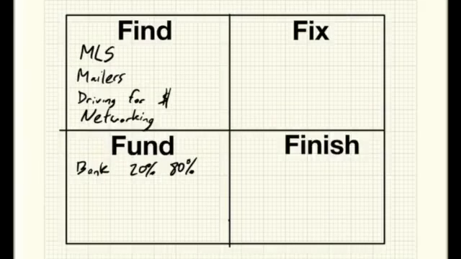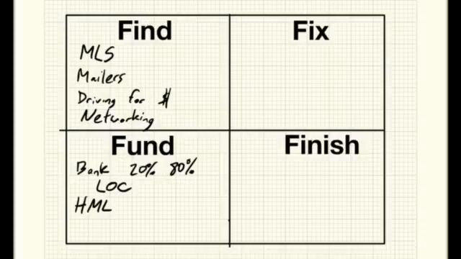But the other way you can leverage a bank is by using an unsecured line of credit. Unsecured lines of credit allow you to access money without all the scrutiny of it being attached to a property and property condition. The other way that you can get money is through a hard money loan.